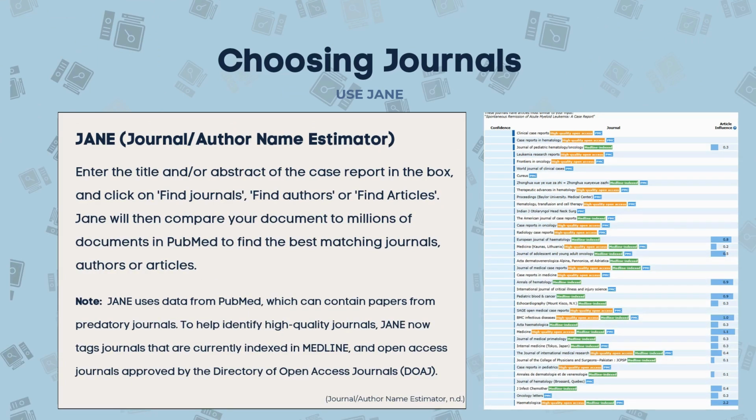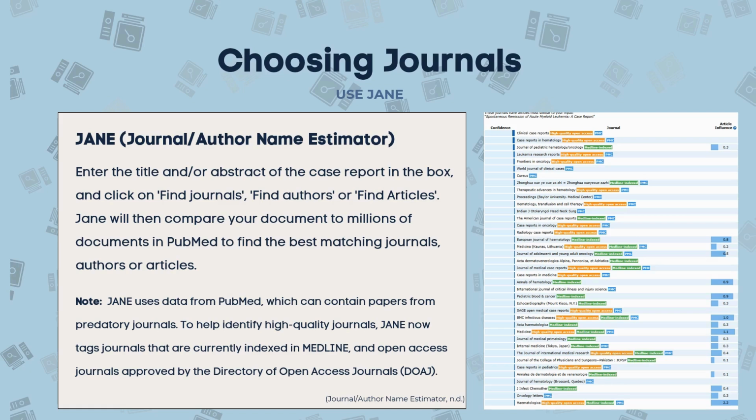Choosing journals, use Jane. A useful tool to help you find potential journals by subject is Jane. Jane stands for Journal Author Name Estimator. It can be a useful tool to help find journals to relate to your case report topic. You just need to enter the title or abstract of your case report, click Find Journals, and Jane will compare